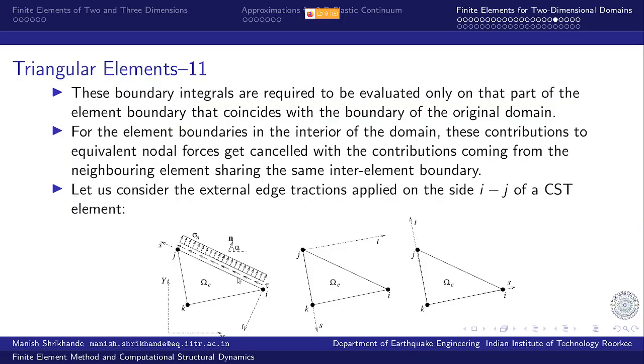So the point is, we define a mapping, a coordinate transformation. I define a new coordinate system with origin at I and S direction oriented from I towards J, the direction in which we are moving for evaluating the boundary integral, and T is the normal perpendicular direction. So what I do here is I define a mapping between x and y to S and T, a new coordinate system which has origin at I. So that is a straightforward representation.